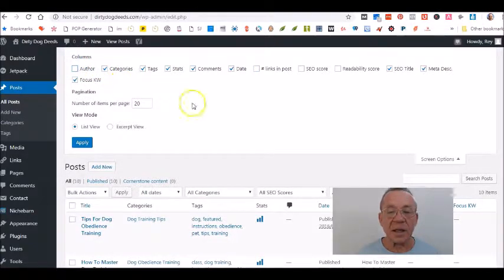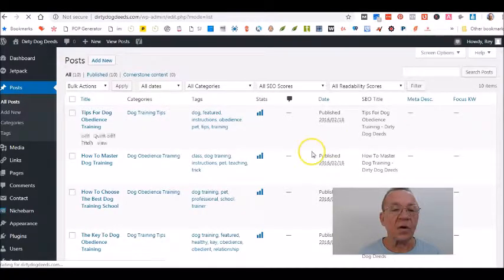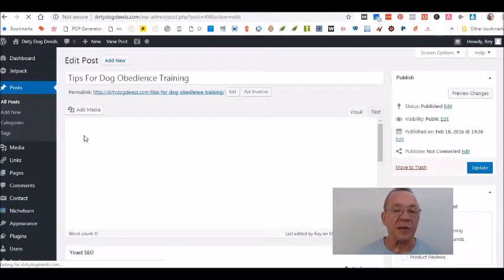Author, you don't need that. So now when you go back and apply, it's more readable, so it's not all spread out all over the place. All right, so if we go to edit this first one, for instance, tips for dog obedience training,